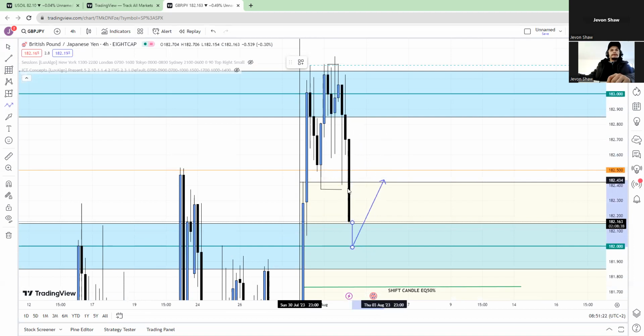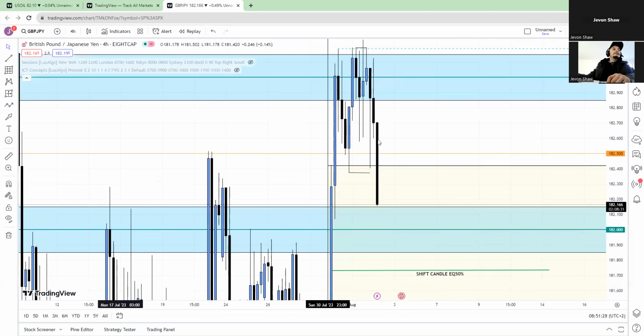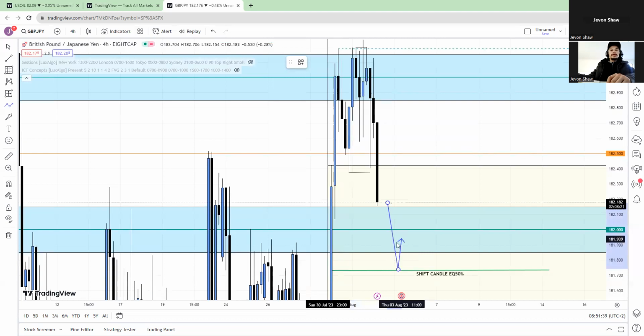There would be something it would have to retrace to around these zones and then see something like that happen. However, also, if it does just continue dropping, if we see a straight drop through the zone, the next zone will be the 50% of the shift candle with price basically shifted the market away. And then from there on, potentially,